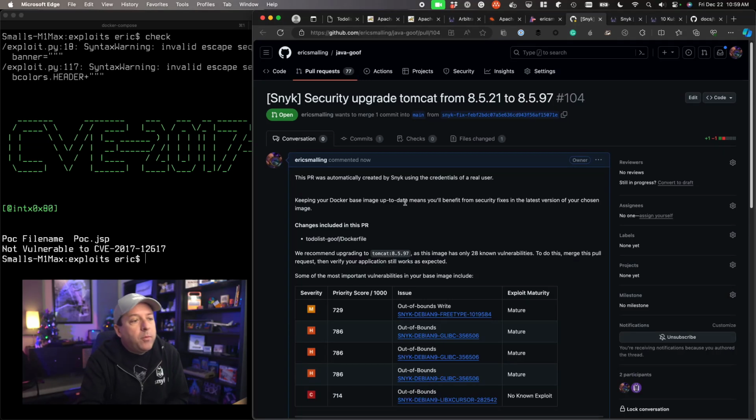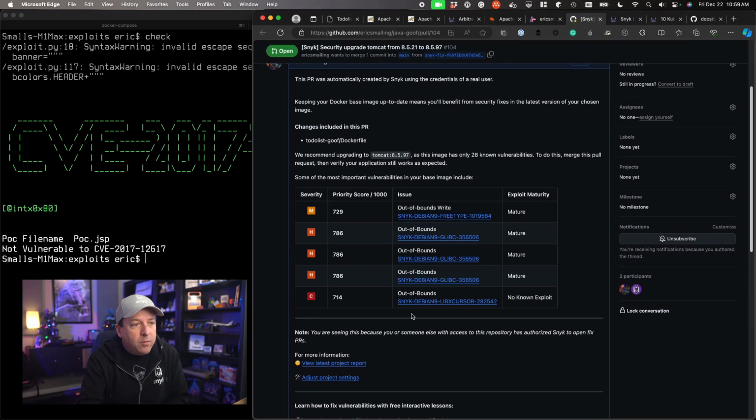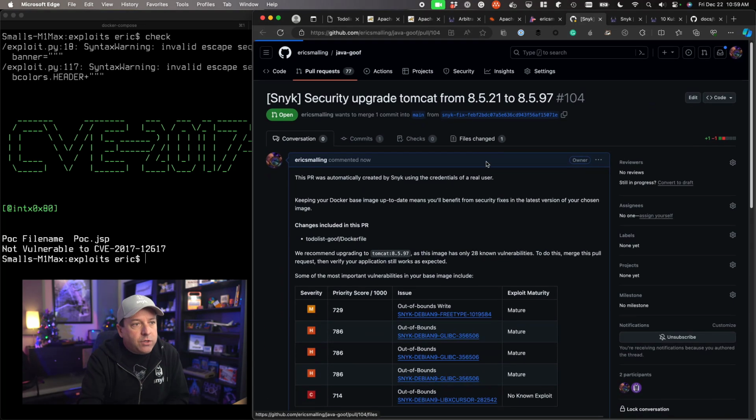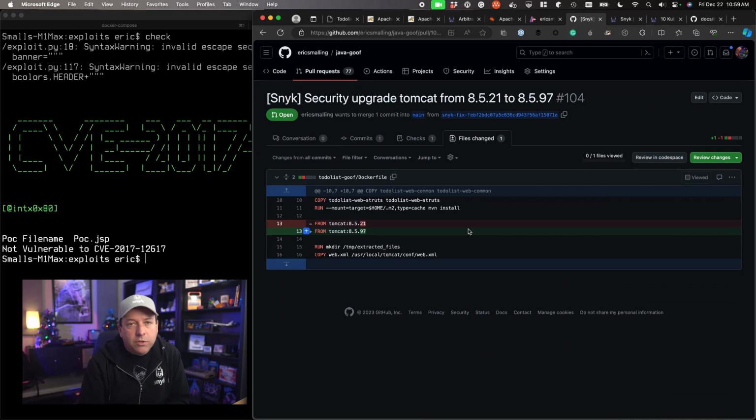So here we are. It has opened this pull request with a nicely formatted table showing what's being fixed by this change. And if I look at the files changed, there we go, it's changing the from line. This can be done automatically for you as well. If you opt in, we will make this pull request happen automatically overnight. Say you wake up in the morning, a new pull request exists with this fix, with that nicely formatted comment. Any of your pull request regression suites would have run at this point, and you can now review this with your team and say, oh, yes, we should take that, even though we didn't even know we had a problem.